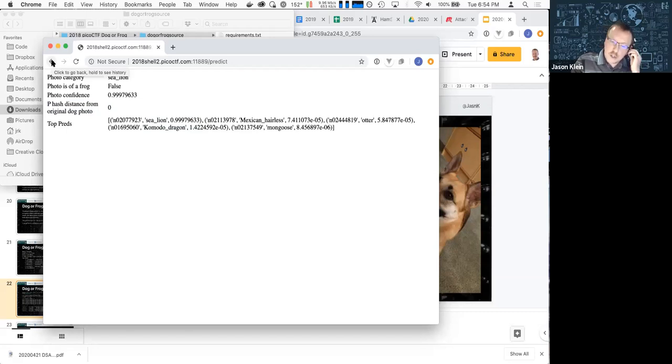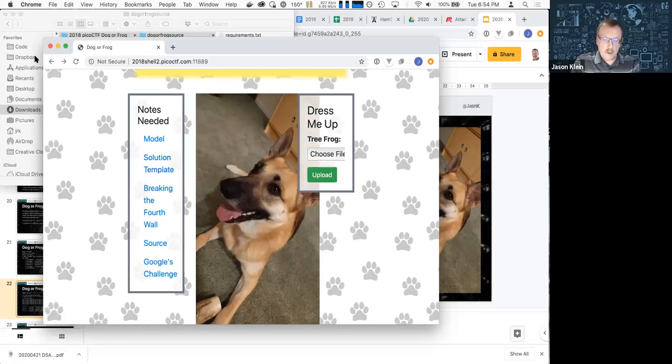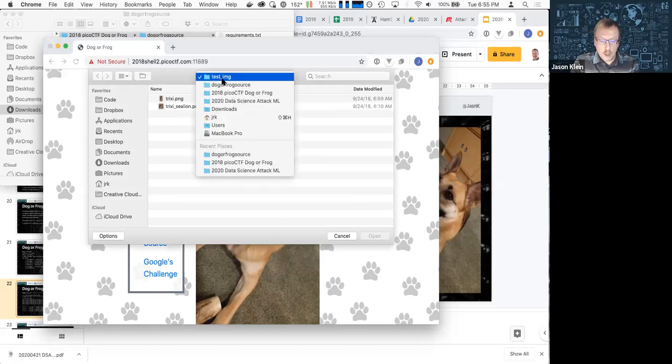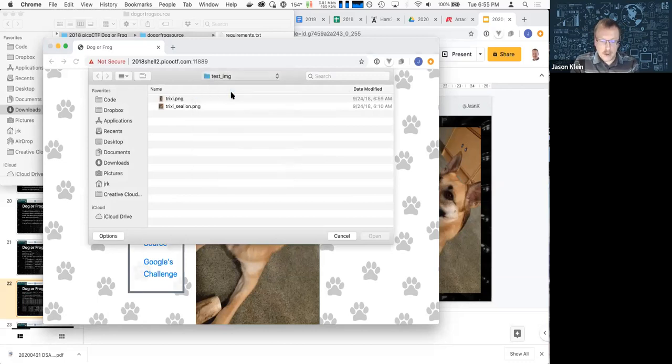How would you take a photo of a dog and make an image that looks like the dog, and as far as the computer is concerned, is nearly identical to the dog photo, but is classified as a completely different category? And I mean, well, I'll pull up the code here in a second, but you can see, I already did the frog.